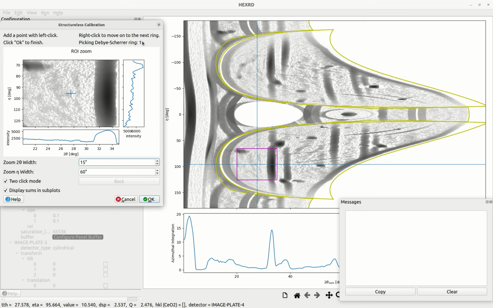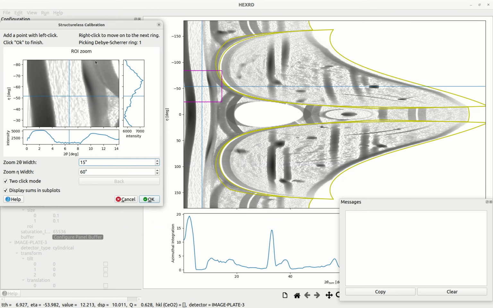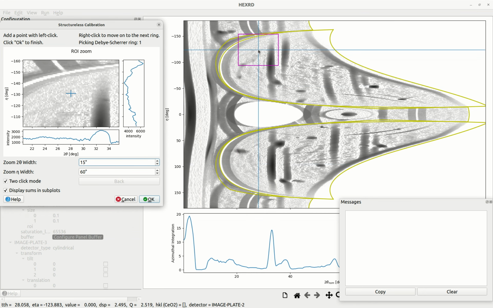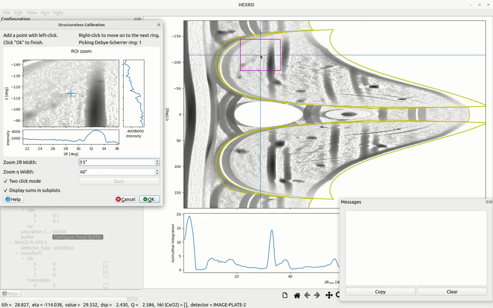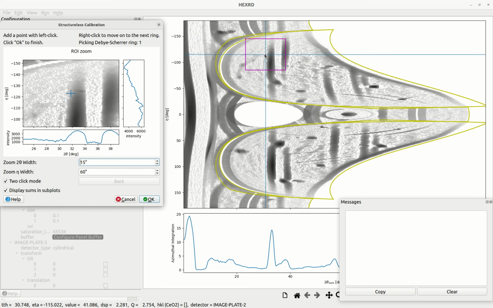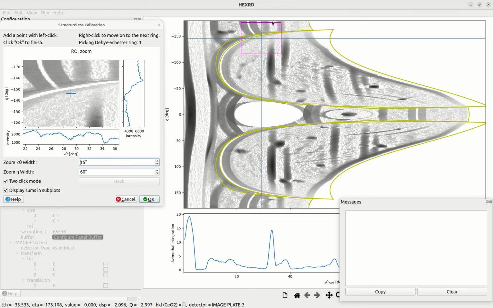What appears here on the left when we select that is a zoom canvas. We have this zoom region here, which is bounded by the magenta square, along with these blue crosshairs in the main canvas. This magenta square is showing us where the zoom region is over here. By default, a 2-click mode is enabled, so that if you left-click once on the main canvas, it freezes the position of the zoom box